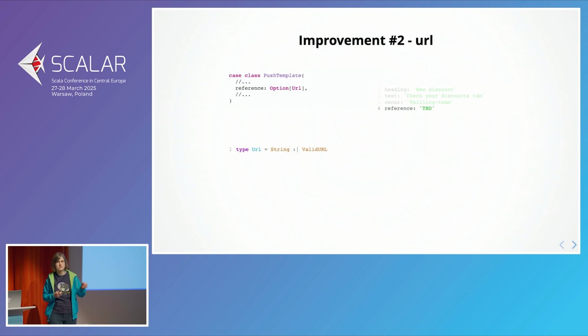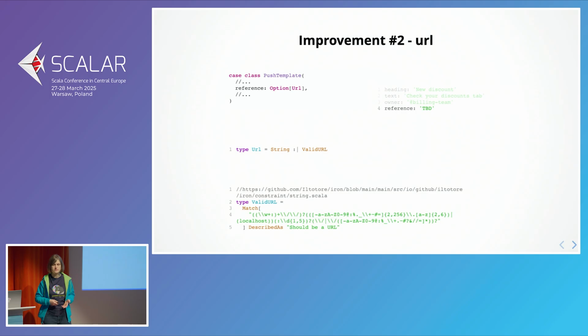So if you look inside the Iron source code, you will see that it's actually defined like that. It's this nice long regex, which I'm very grateful I don't have to think of and maintain as part of my code base. I just trust it's there, it has been tested, and it validates what we need. So if we are using this Iron type, then this wouldn't validate, and it would prevent us from some kind of a mistake.